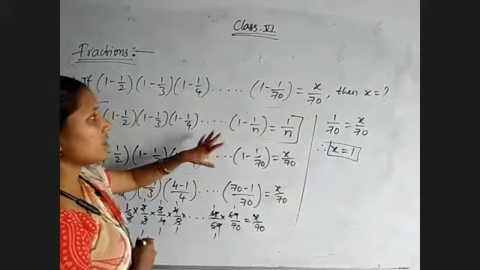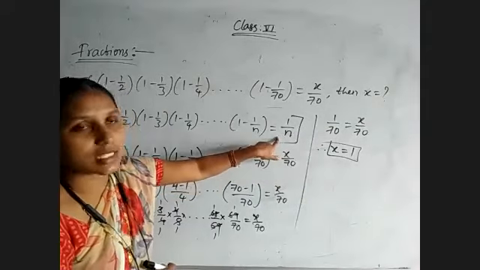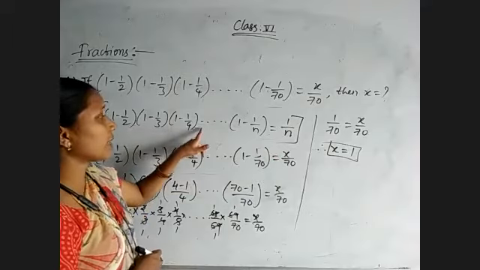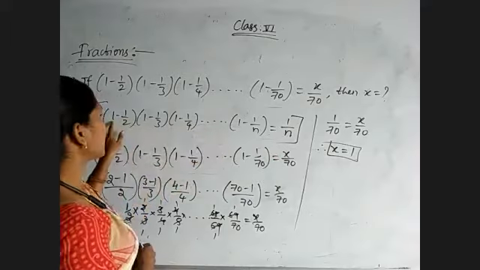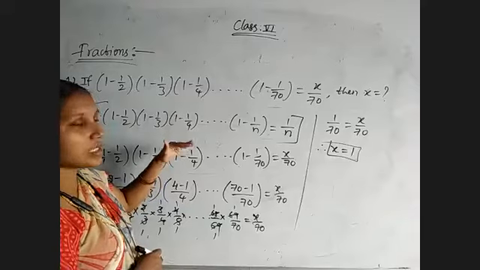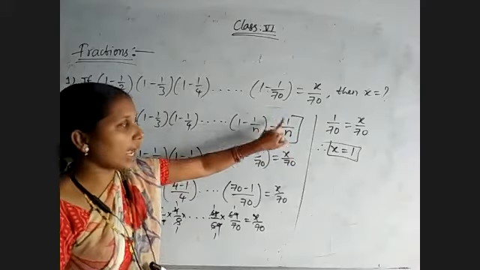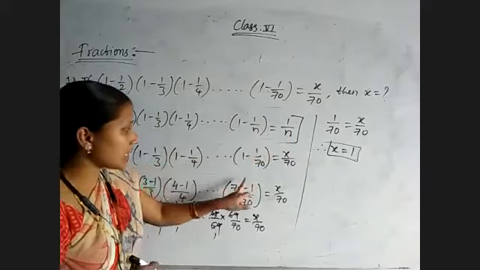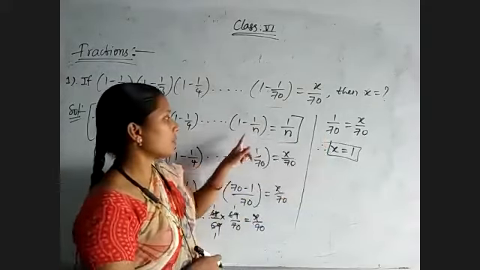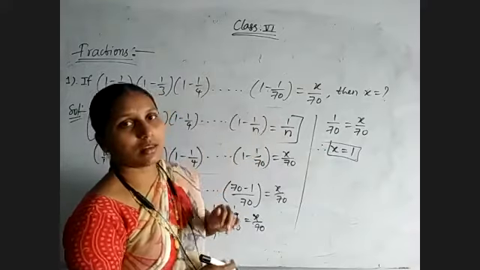Okay, just observe. See here, the n value they are giving is 70. x by 70 is nothing but 1 by 70. Just remember this formula. If you are getting it like this, between those terms we must have multiplication only, and the first term will be 1 minus 1 by 2, 1 minus 1 by 3. In that case we will get the answer as 1 by n. Always we get numerator 1, and n will be the last term whatever we have. Here 70 is there, so 1 by 70 is the answer. If suppose I have 1 minus 1 by 100, then its result will be 1 by 100.